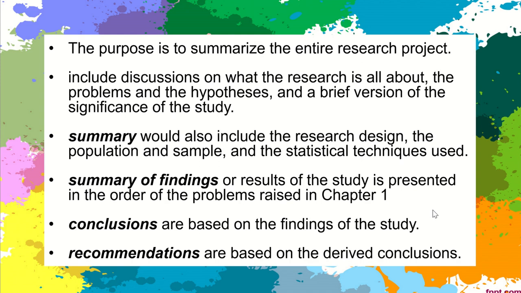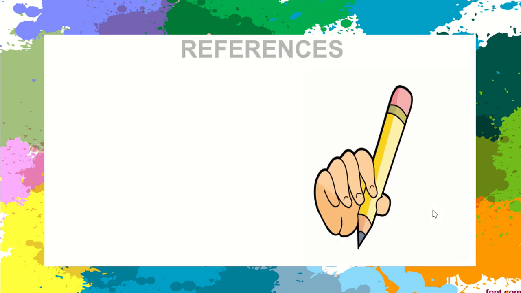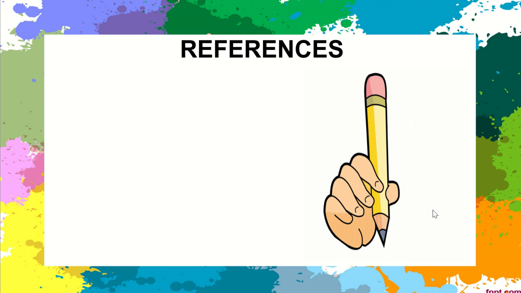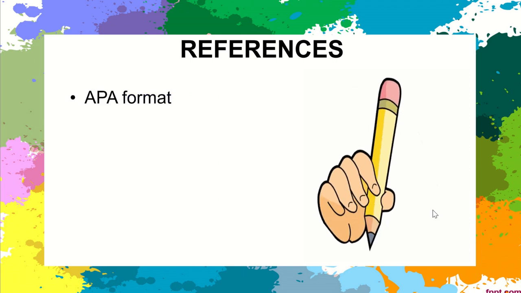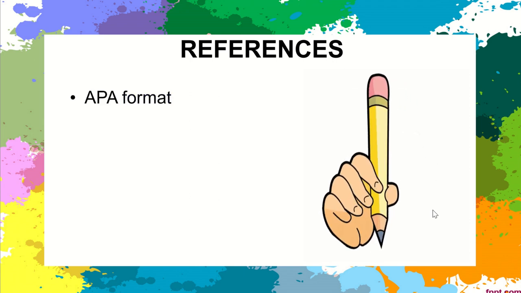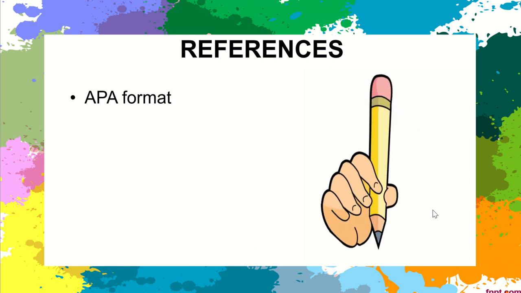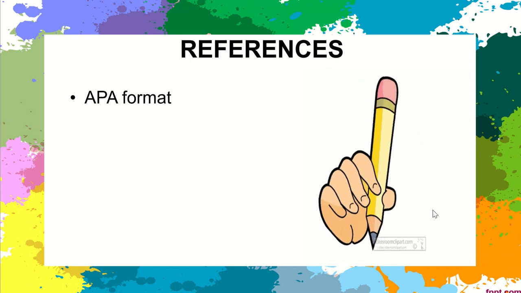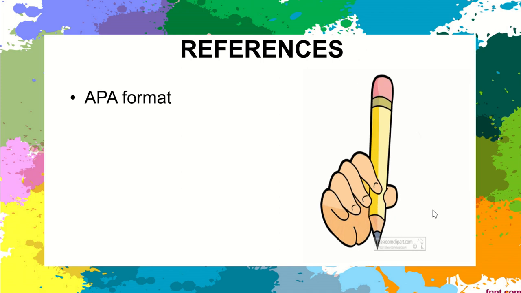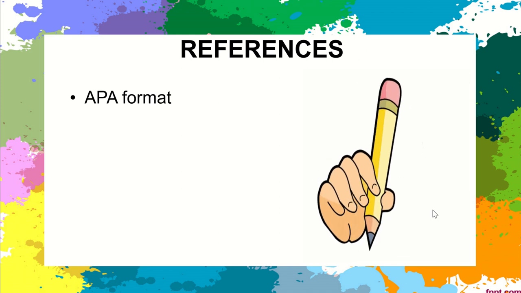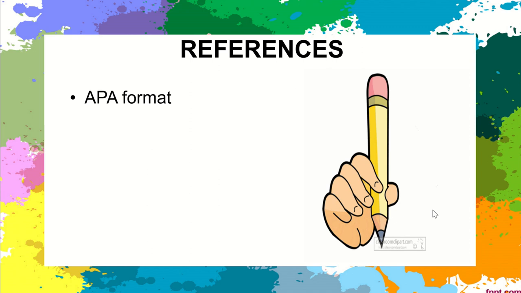So those are the sections or chapters na diniscuss ko that comprise the body of the thesis, from Chapters 1, 2, 3, 4, and 5. Next, we now proceed to the references, another element of a thesis. Your references should follow an APA format, 7th edition, since 7th edition na tayo. I don't know if 6th edition pa rin, pero as far as I know, 7th edition format na yung ginagamit in most universities. So we'll have a discussion for this RRL